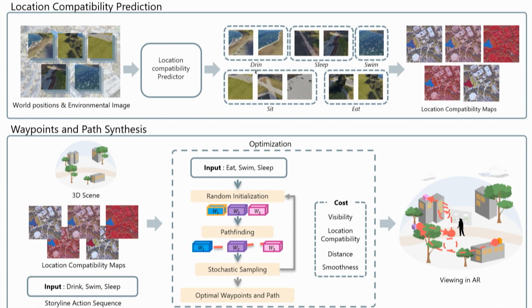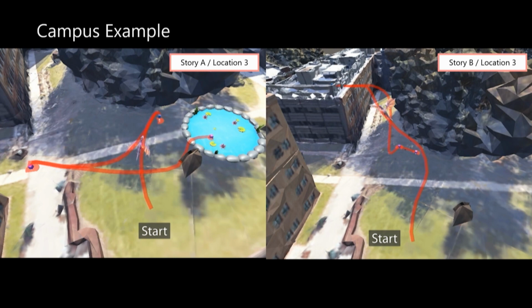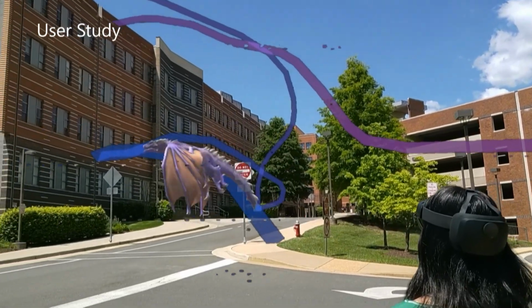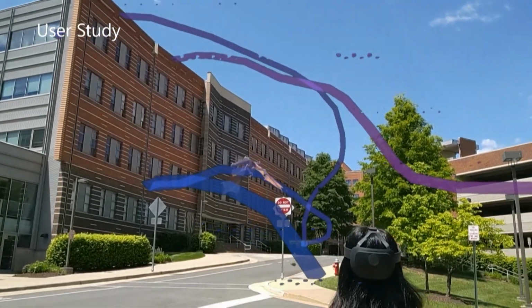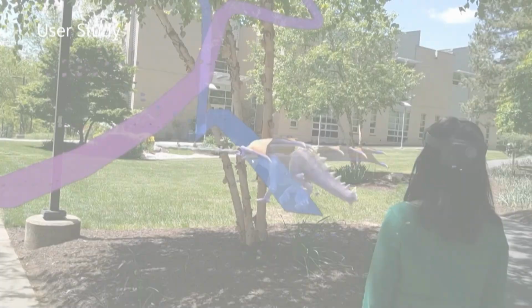So we get this understanding from annotated data. We ask people, where do you think the dragon would do something, right? We collect lots of data like this, and we train a classifier such that, given an environment, the classifier can tell what the dragon probably could do at that place. And then based on that, we again use an optimization framework to generate the results of the augmented reality experience. Of course, we did user studies to verify that the experience is realistic and also compatible with the environment.